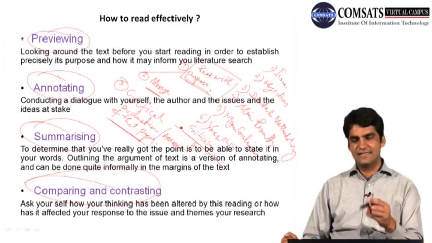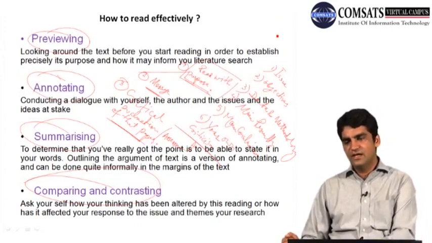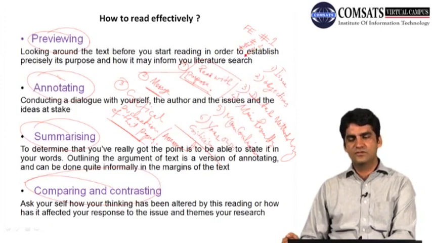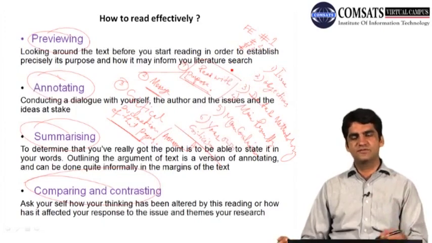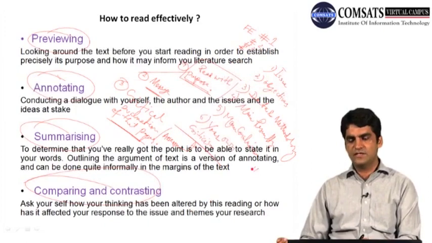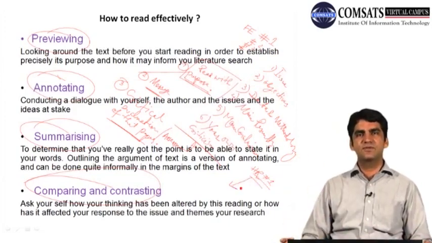What you can do to organize it nicely is to give a code and number. For example, if you're talking about financial economics, then you can give it, let's say, FE number 1, and then FE number 2, FE number 3, and of course so on if you are reading 20 papers, so FE number 20. Or if you are having, let's say, human resources, then you can call it HR number 1. So you can give a number to the paper so that you can understand which paper you're talking about.